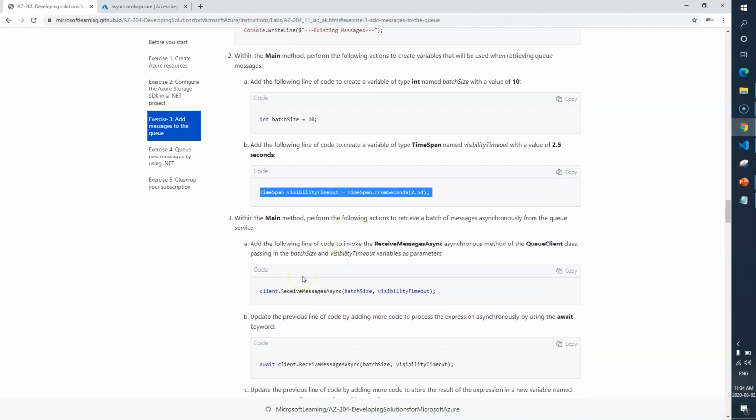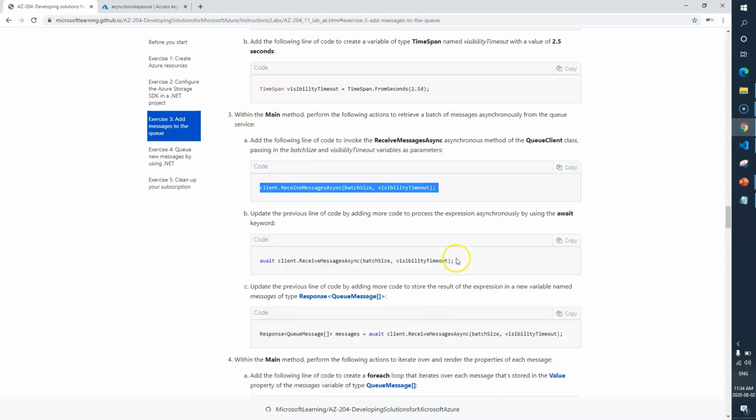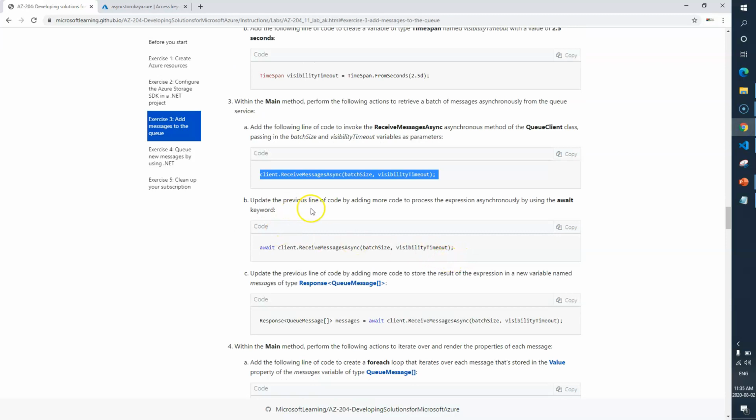Now in the main method, we need to add this line of code to invoke the ReceiveMessagesAsync method of QueueClient. So here, basically we are going to receive messages. We'll read the message from the queue. Next, update the previous line of code by adding more code to process the expression asynchronously. So basically here we just need to write await.